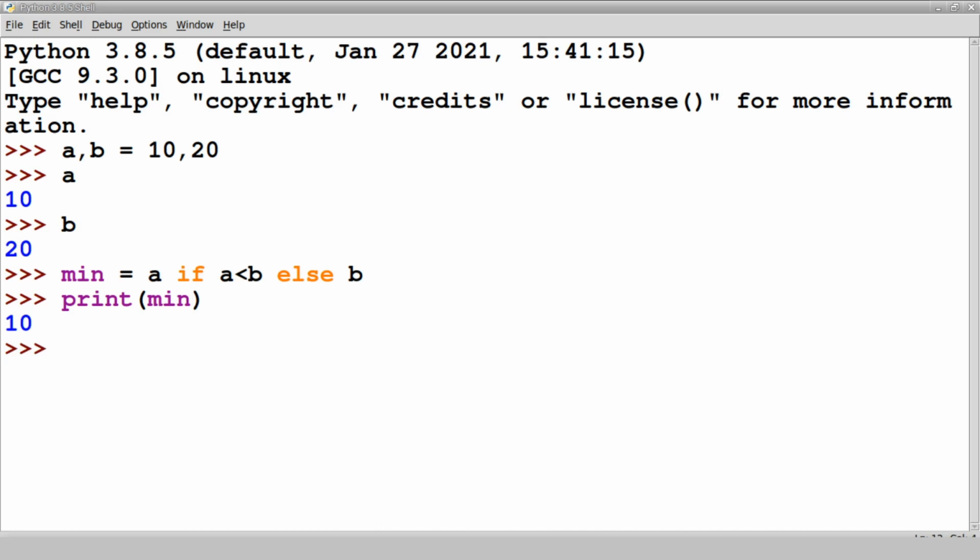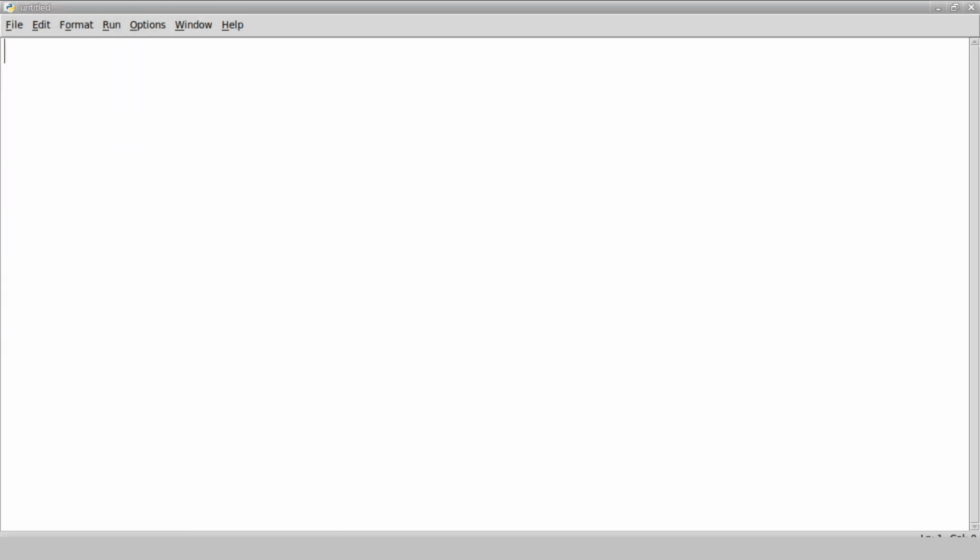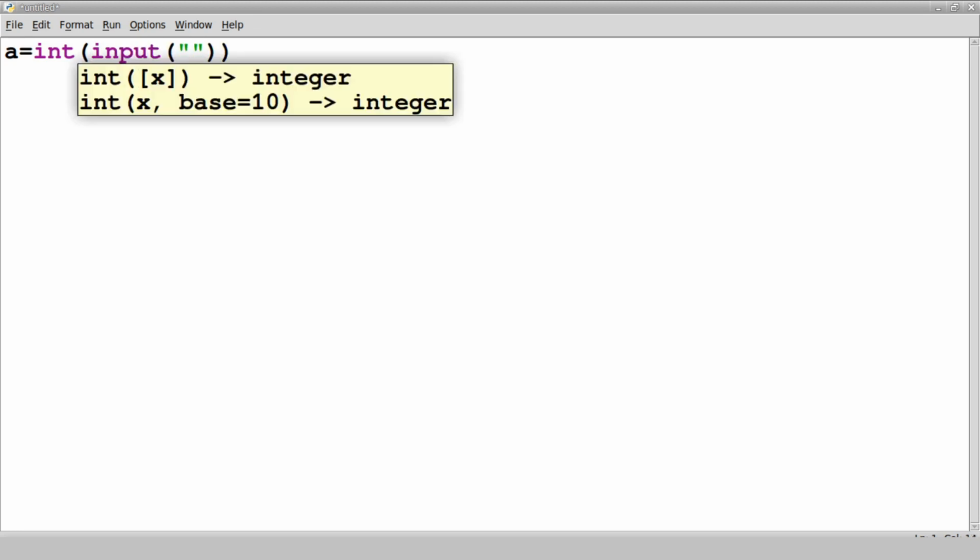Let's see another example. Read two numbers from the keyboard and print the maximum value. So let's write the program for that. a is equal to, we can directly typecast it, input, enter first number.